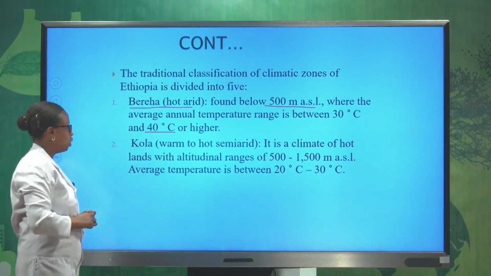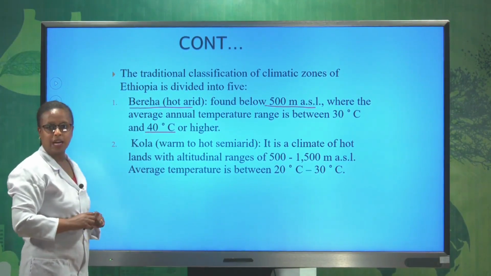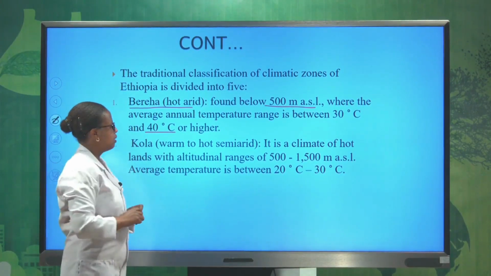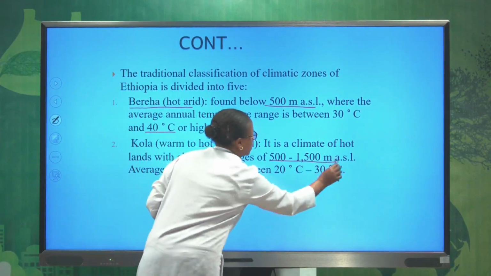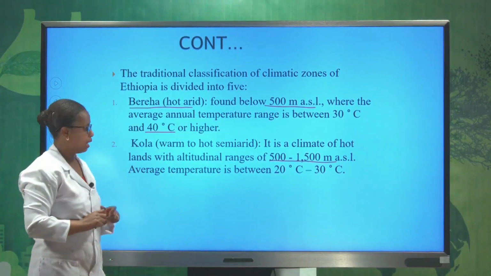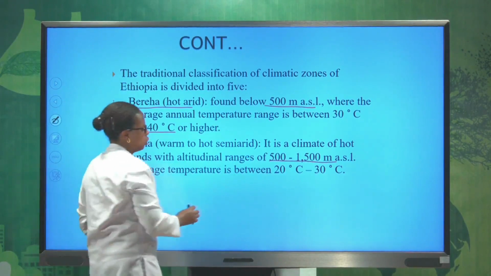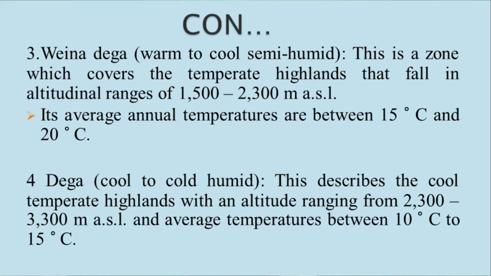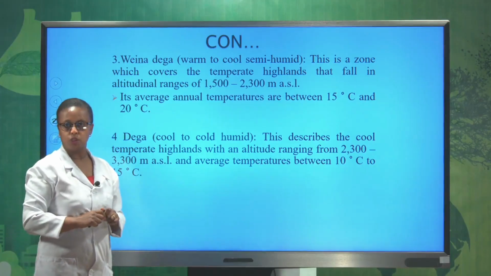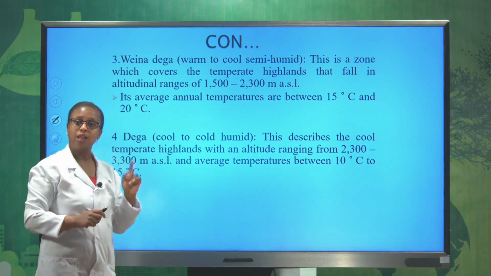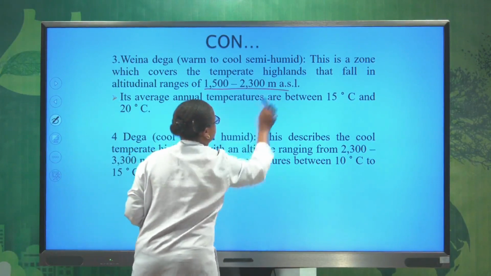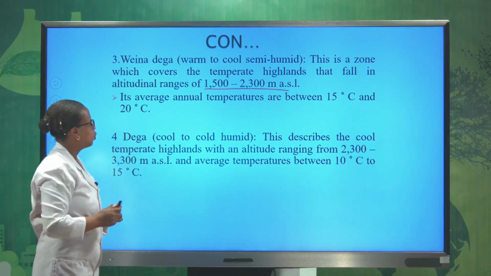The second one is Qolla, or warm to hot semi-arid zone. This zone is found between 500 and 1500 meters above sea level. In this zone, the mean annual temperature is between 20 and 30 degrees Celsius. The third one is Wenadega, or warm to cool semi-humid zone. This zone is found between 1500 and 2300 meters above sea level, and the mean annual temperature is between 15